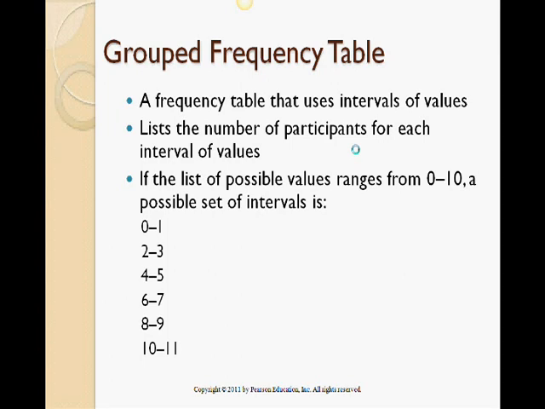And I'm going to give you a simple example here. Say that we want to group a measurement that is from 0 to 10, and we could group those by 2s, and so we'd have 0 to 1, 2 to 3, 4 to 5, and so forth, and then we would just tally the number that falls within those intervals. Now, a histogram